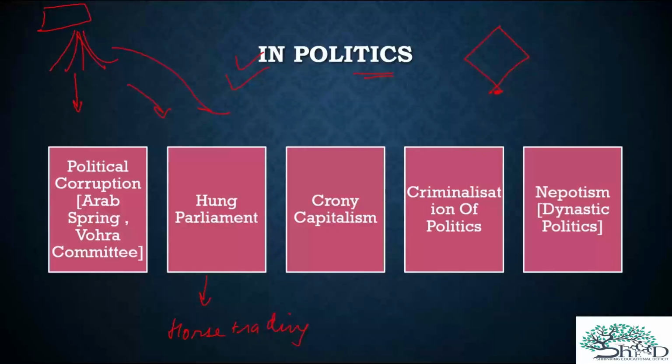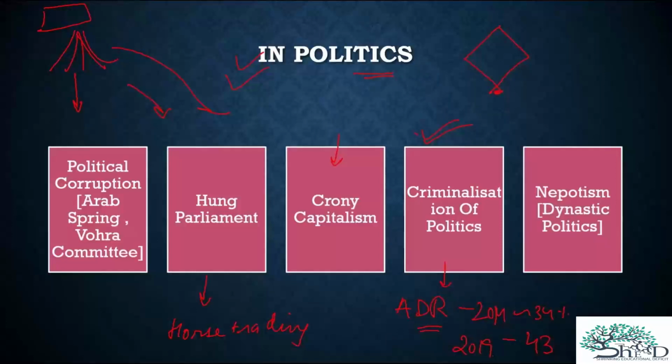In crony capitalism, you know what happens, the government and the corporate collude to benefit few people, right? Only the few capitalists. Business groups help the politicians before the election, and politicians help them after the election. Then it also leads to criminalization of politics. For a fact, we know that the Association for Democratic Reforms released a report that in 2014 around 34% of elected people had criminal cases against them. This has increased to 43% in 2019. This is quite disturbing.